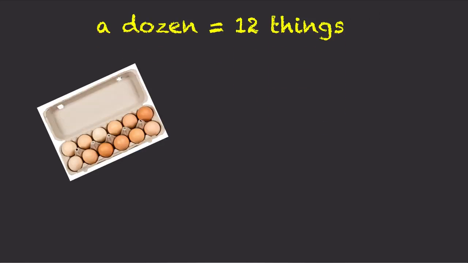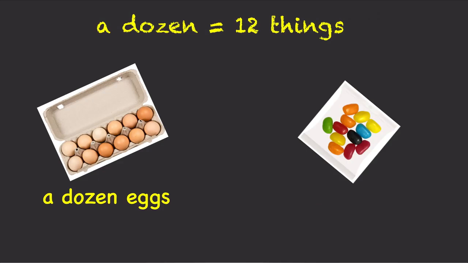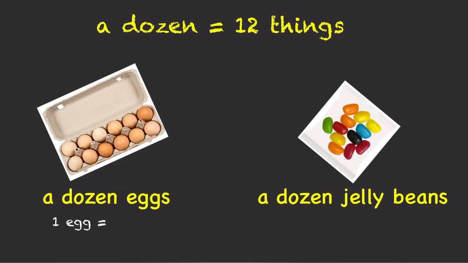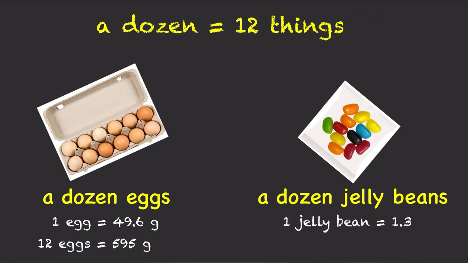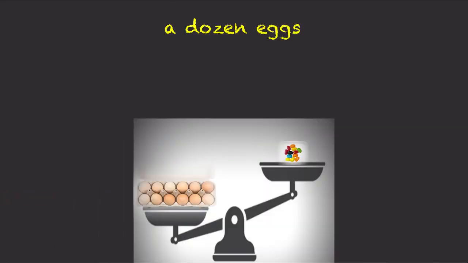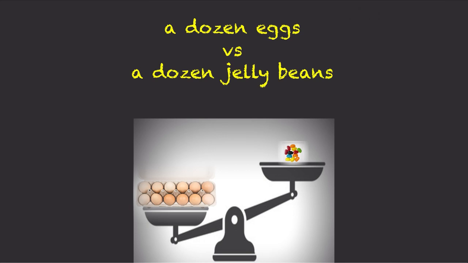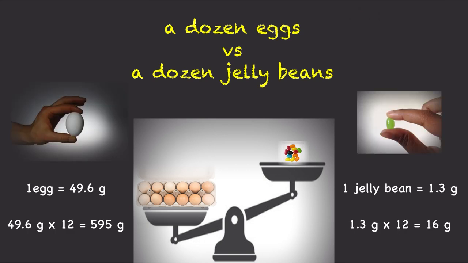We know a dozen means 12 things. Here's a dozen chicken eggs, and here's a dozen jelly beans. By the way, an average egg weighs 49.6 grams, so a dozen eggs is 595 grams. And an average jelly bean weighs 1.3 grams, so a dozen jelly beans is 16 grams. Notice that a dozen eggs weighs more than a dozen jelly beans, because an egg weighs more than a jelly